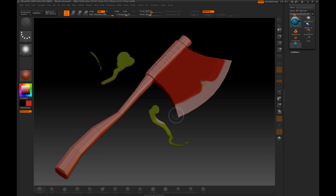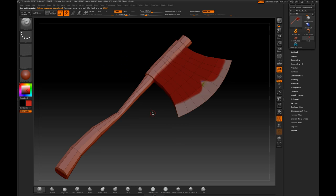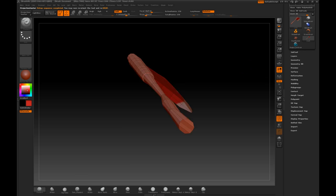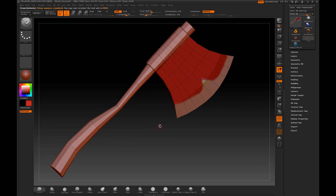Okay. Now I go to Projection Master again. This time we go pick up. But ignore the bits off there. But now it's painted our material on. So that's a great way of painting in Zbrush,